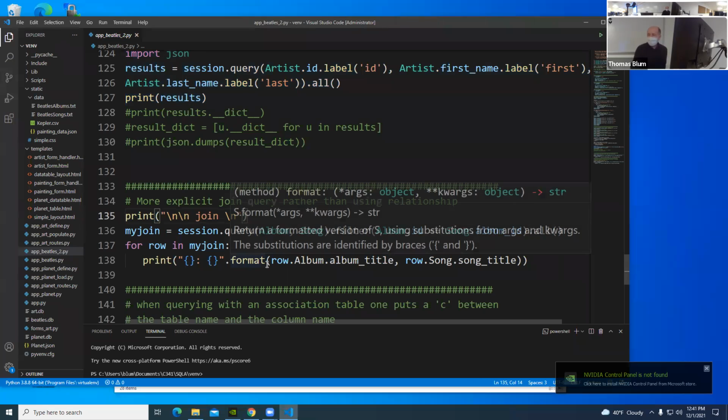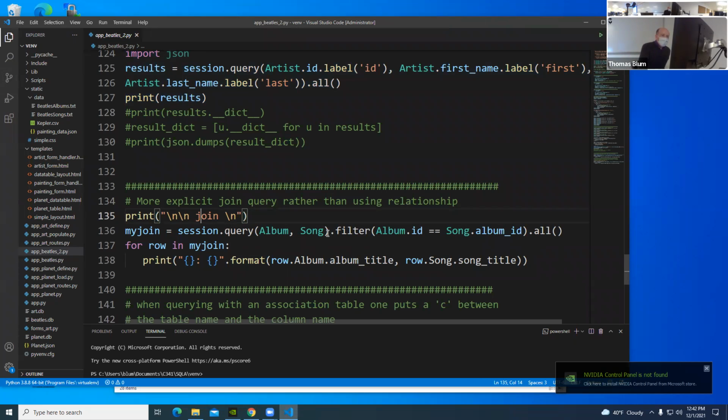And now here's the new thing, a join. Okay. So before we used the relationship, the SQLAlchemy relationship, to relate the album to the songs. But here I'm doing it more specifically in the query itself. So I'm querying album and song with a filter that the album ID is equal to the song album ID.